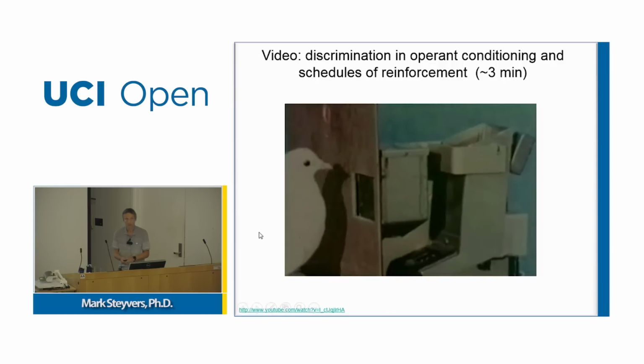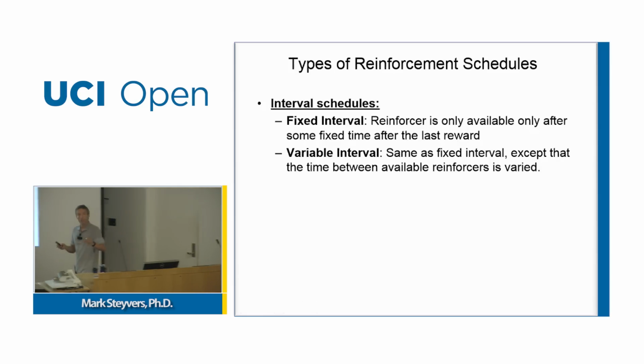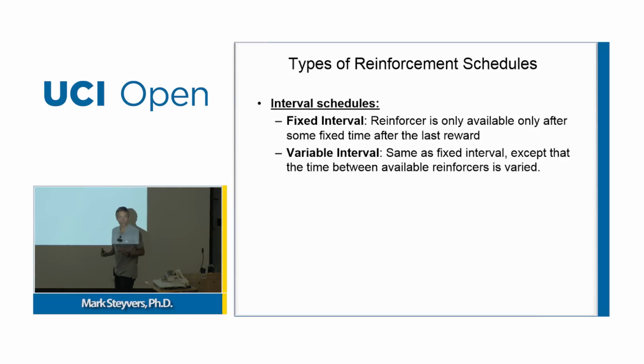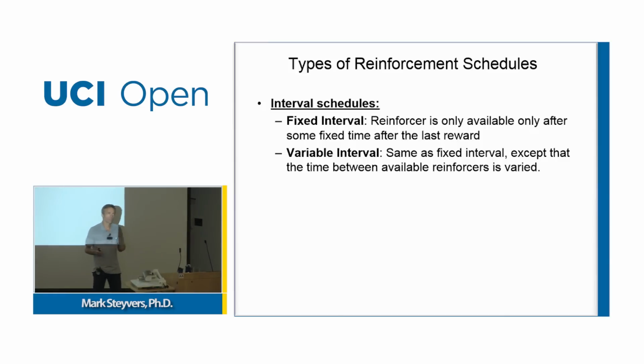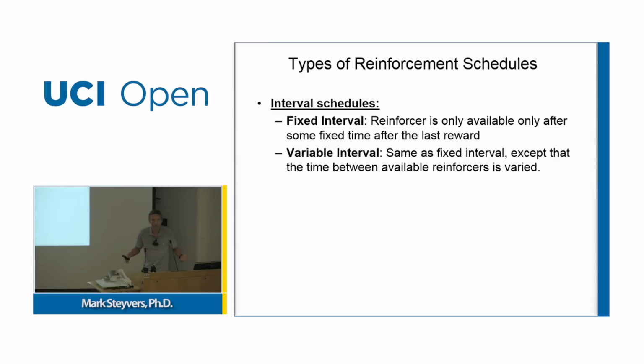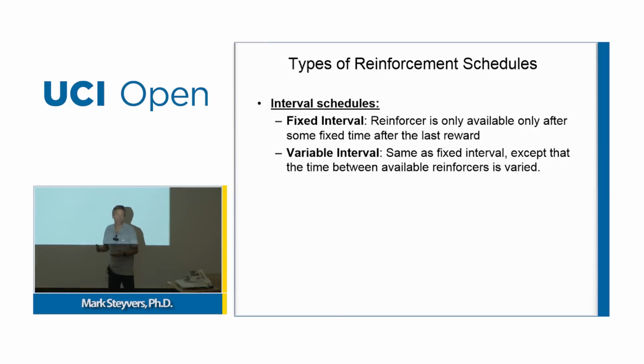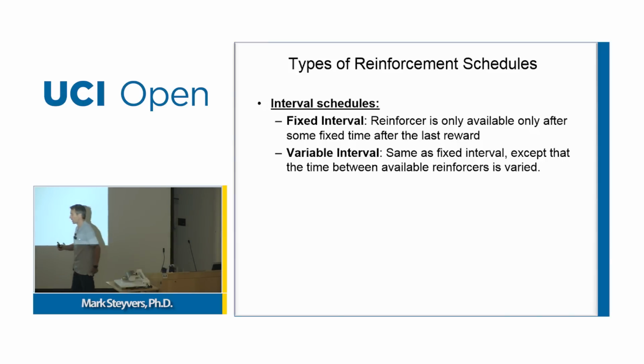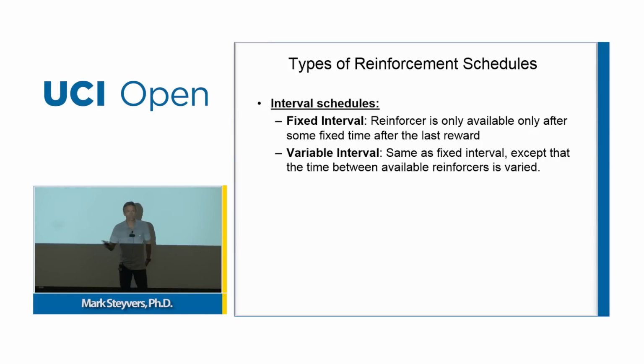Okay, so a very simple thing to do is to deliver the reward whenever a response is emitted that's desirable or of interest, let's say. But as Skinner was mentioning, there are many ways to schedule the reward. You don't have to give it all the time. Learning can be successful if only occasionally or part of the time you deliver the reward. And how you deliver the reward contingent on the response can have some consequences for how quickly you learn.